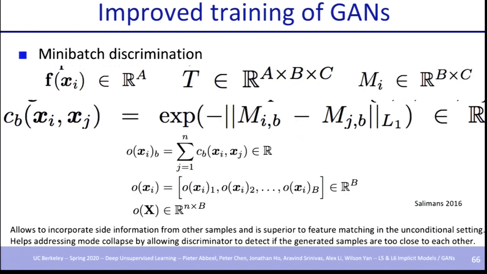The second technique is a very interesting technique called mini-batch discrimination. So Pieter referred to some problem called the mode collapse problem in GAN training, where when you train a GAN, it's very likely that all this noise in your actual noise distribution is basically being mapped to a single point by the generator, and the discriminator is not really aware this is happening because it's just looking at each of these samples independently during multiple forward passes, and it's not aware of the diversity of the samples that are being produced by the generator, and it's just happy that it's able to confidently discriminate between the real and generated samples.